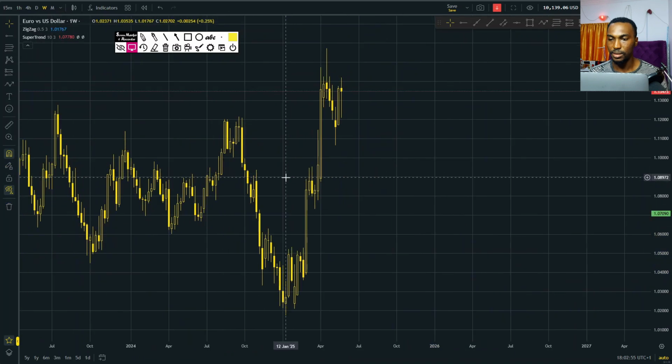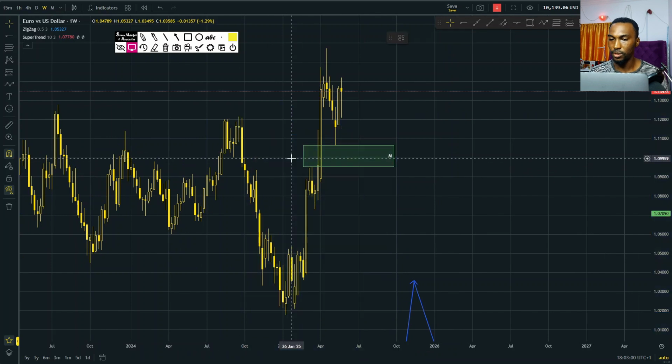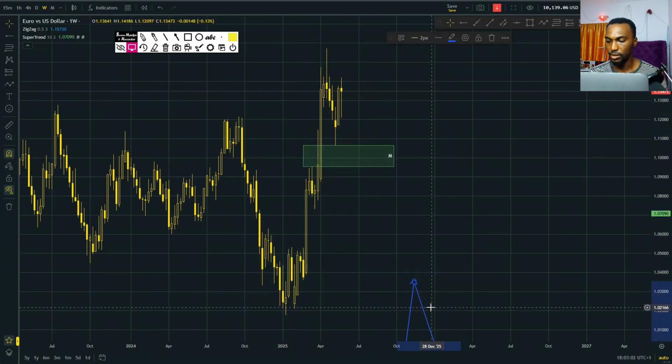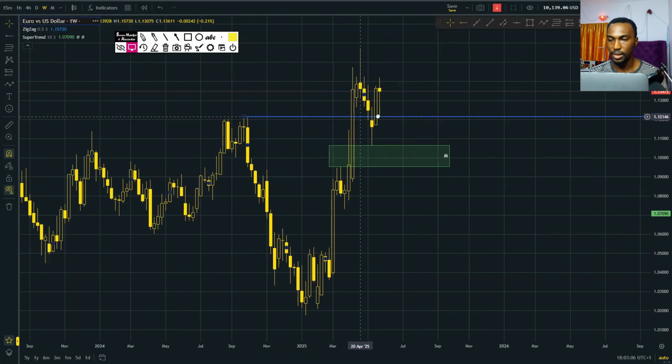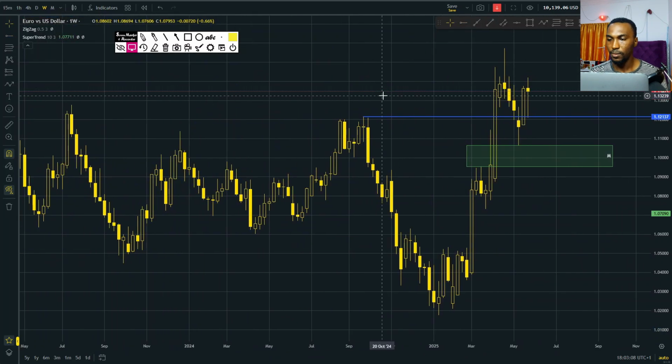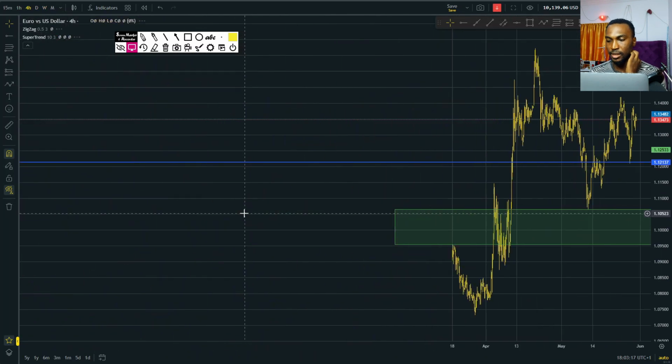Let's look at other means of possibility for this market. I did not want to remove all of that. Yeah, this is all I wanted to remove. Okay, so let's look at other possibilities. Other possibilities is, I'm looking here and I'm seeing a kind of pattern. So let's see if that pattern is credible. This is way back as January.